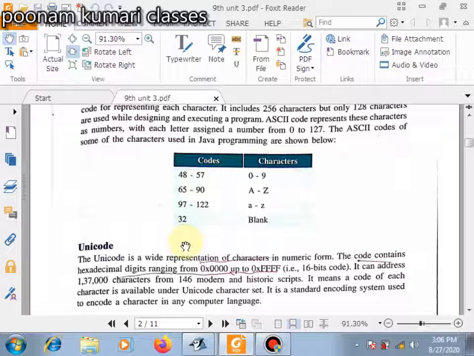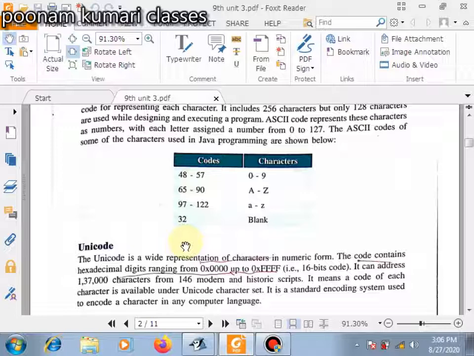When you open the Google page, so many languages are given: Hindi, Punjabi, Marathi. Internationally, for the languages we speak, Unicode is prepared so the computer can understand them. Our language characters are converted into 0 and 1 with the help of Unicode characters.